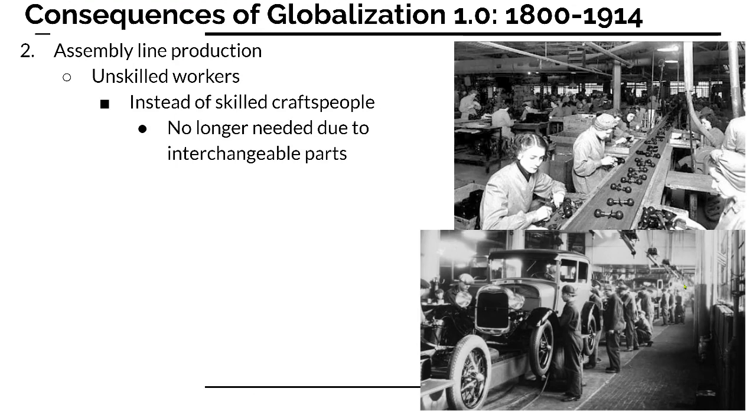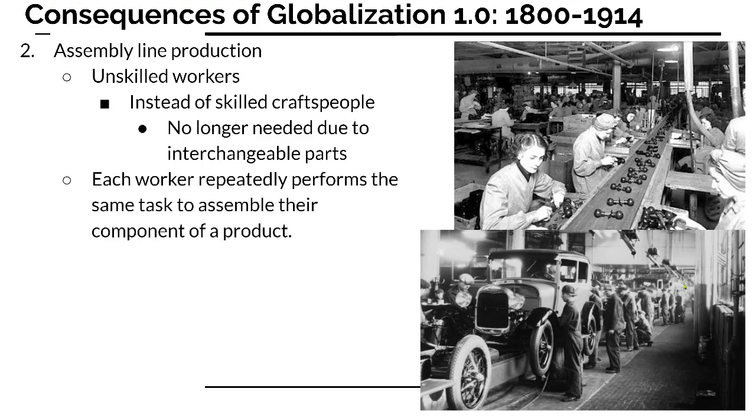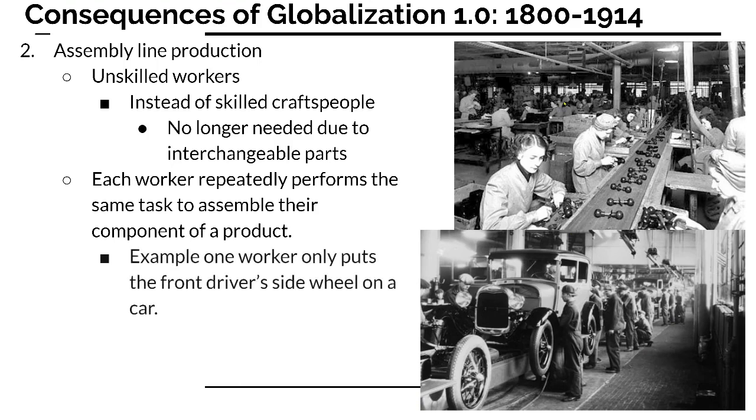And you didn't need someone to do all the hand fitting to make something work. All you need is a collection of workers, each doing their own specific part to assemble a product. Whether we're talking about doorknobs or automobiles. A thing moves along a conveyor belt, and different people add their parts to the production. And again, it doesn't take any skill. What happens is one worker might have as their sole job putting the front driver's side wheel